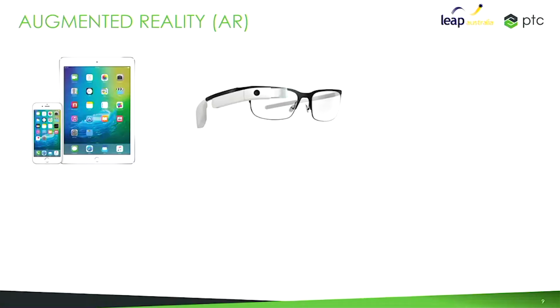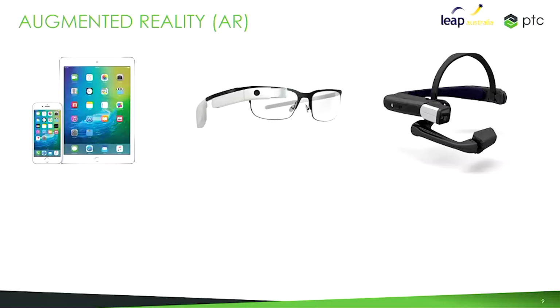So things like these devices, PTC likes to call them assisted reality, where we're really just taking that information rather than holding it in our hands, we're sort of projecting it up here in front of us, okay? So the Google Glass, the RealWear HMT-1 devices, then there's also augmented reality glasses. So rather than having that sitting up there in a little viewport, I'm sort of projecting it in front of me in 2D,